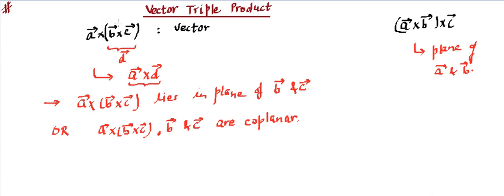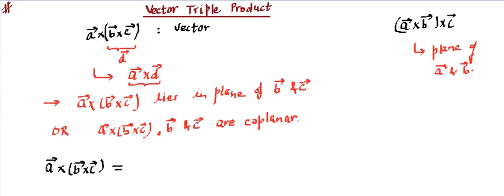We know the basic rule of multiplication, and the same will be followed over here. Since we know this cross product is very different from the dot product, there exists a formula that we can use to simplify this and make our calculation quick. That's a kind of identity, and we can remember that if we need to find A cross B cross C, instead of doing this, we can use the right hand side of this relation.